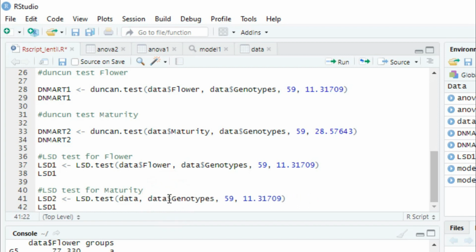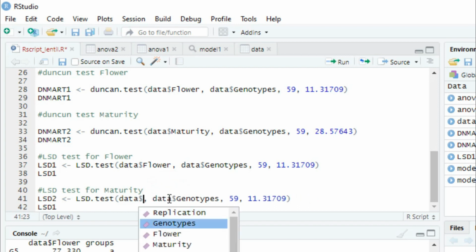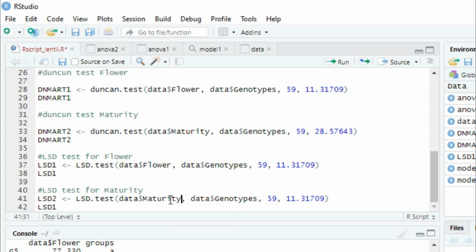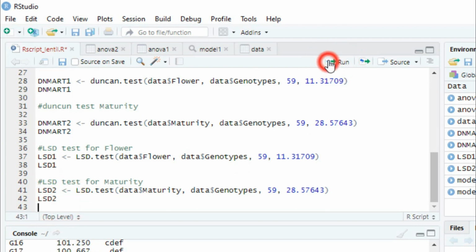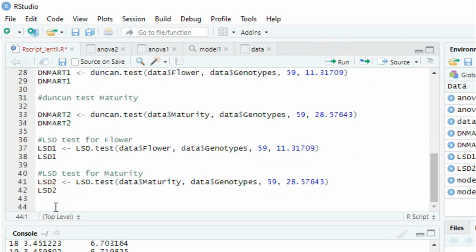It is our data $, and select maturity and data genotype, but it will be changed. Okay, we can run this, and LSD2 run is complete. Now we can save this file.